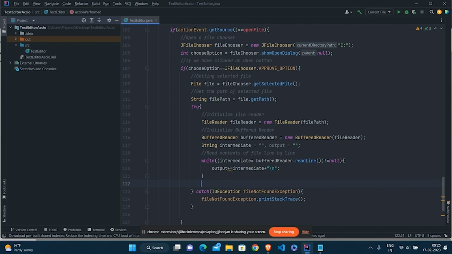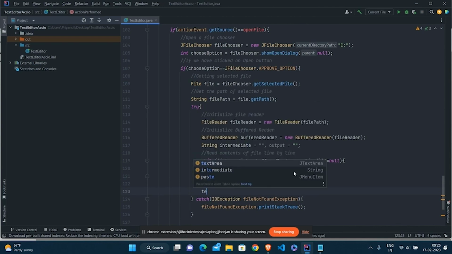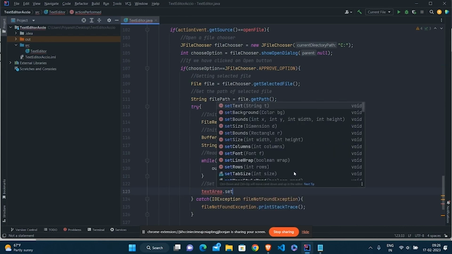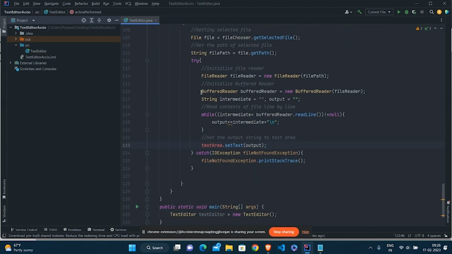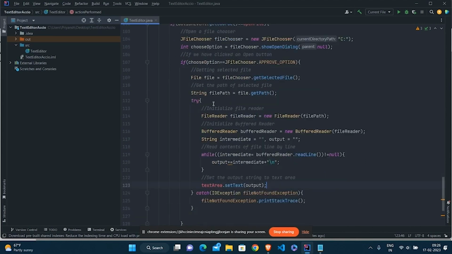Now what is left is to set the output string to the text area. Text area dot set text, and inside the set text I am going to write output string, and this will complete our open file function.